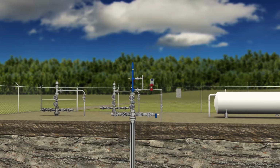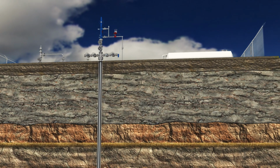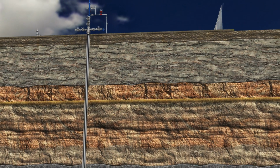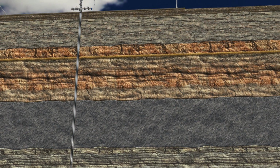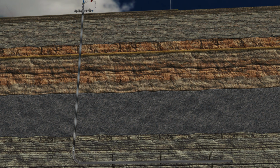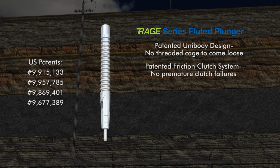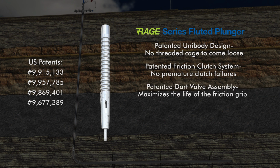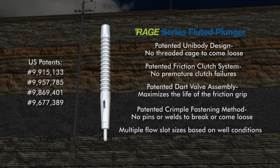The installation of the Flowco plunger lift system when gas is at or near the critical flow rate is an economic and proven method to help ensure produced fluids continue to be removed by minimizing downtime and stabilizing flow. During this initial installation, Flowco will install one of their Rage series or continuous flow bypass plungers. This will allow the well to flow while the plunger travels in the tubing string to remove fluid with minimal